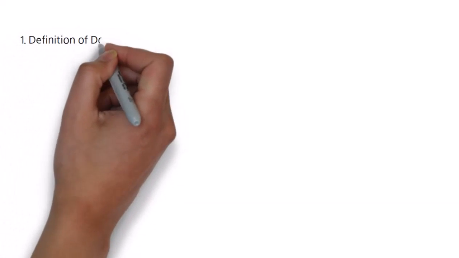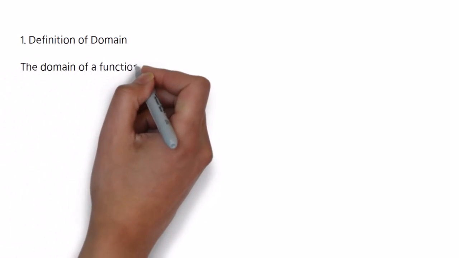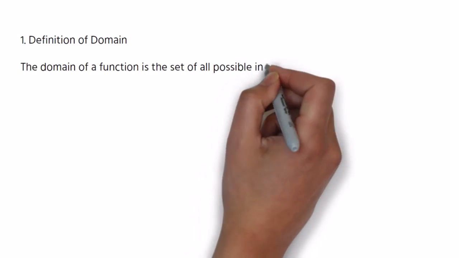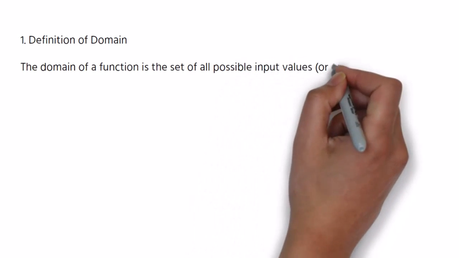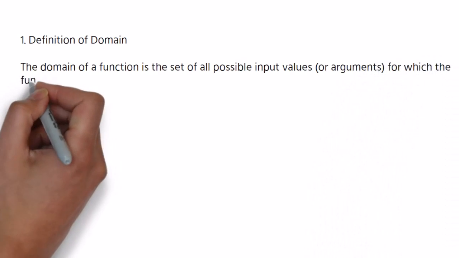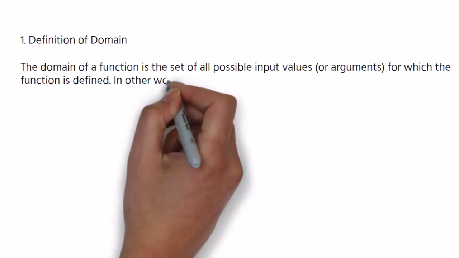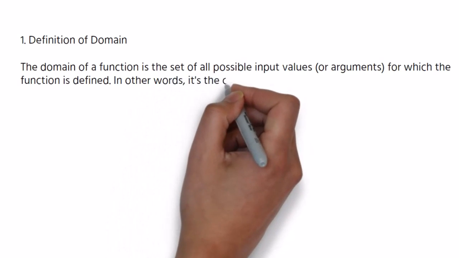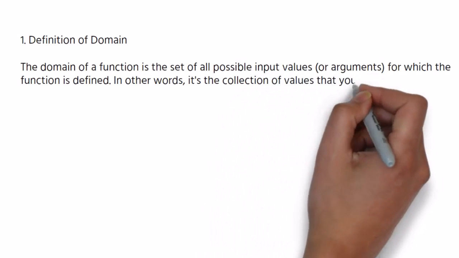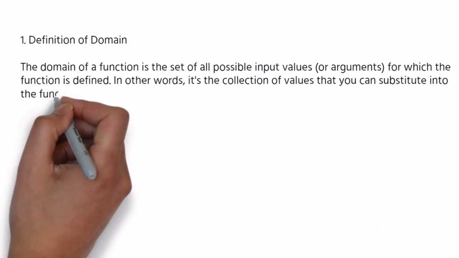Definition of domain. First I will write the definition and then I will explain it to you. The domain of a function is the set of all possible input values, or you can say arguments, for which the function is defined. It means whatever value of the domain you put in, it should give a valid output. In other words, it's the collection of values that you can substitute into the function